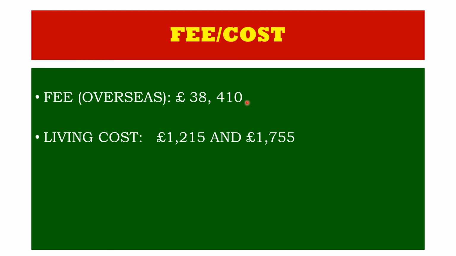So there must be a living cost also. And that living cost is between 1,215 and 1,715 for each month, which you need to spend at Oxford for your study. So if you look at this, the expenses as a living cost are also very high. One more thing: the living cost which I am mentioning here is not very precise or exact. You must also include a 3% inflation rate each year. Okay, so that is what you can find here.